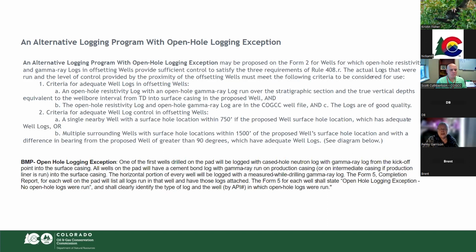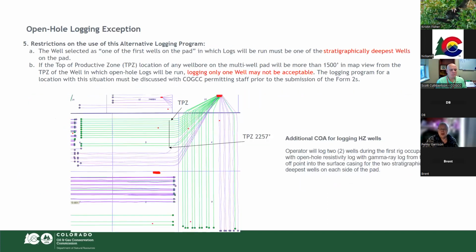Next slide, please. Believe it or not, the exception location has the same restriction as the alternative logging program. We want the deepest well, or if there's going to be more than 1,500 feet between the TPZs, we'd request an additional well. This example was given